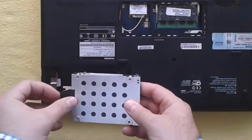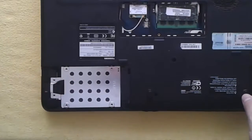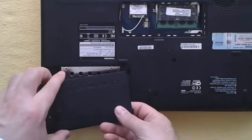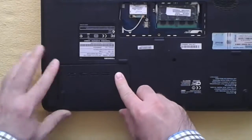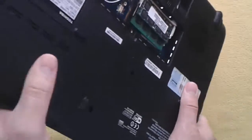Step 6. I put back the caddy and slide it to the right and put back the hard disk plastic cover. Step 7. I flip over the laptop,